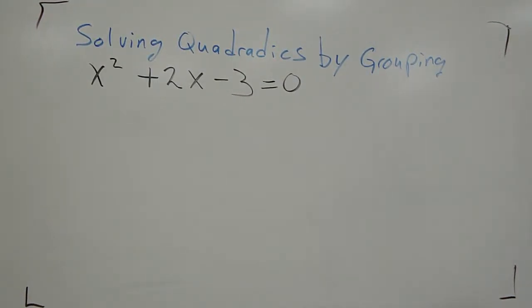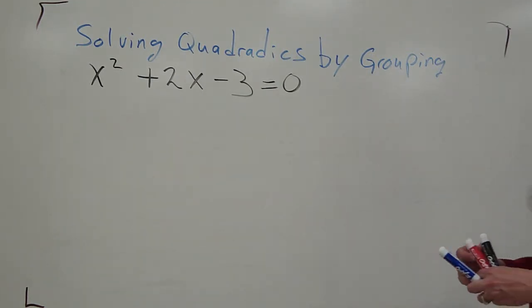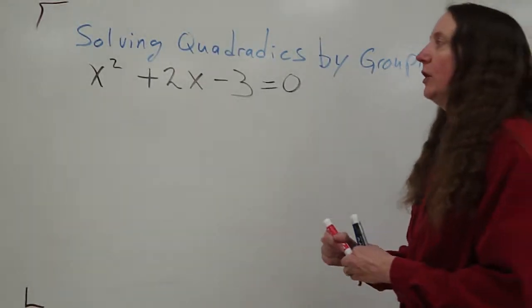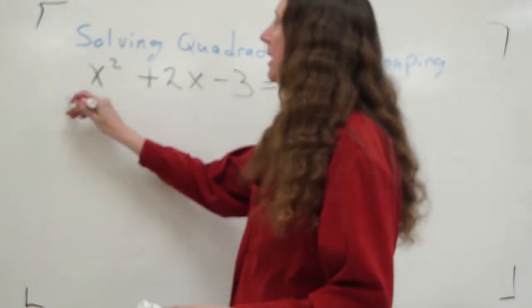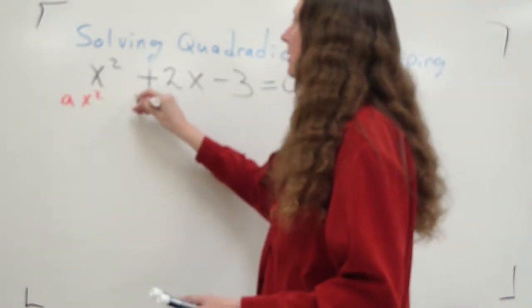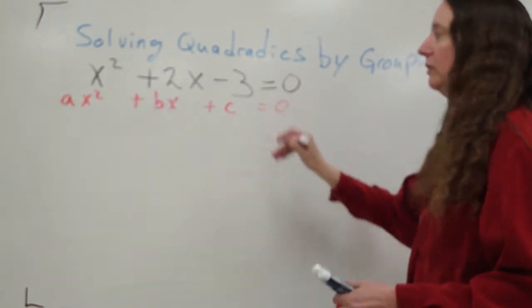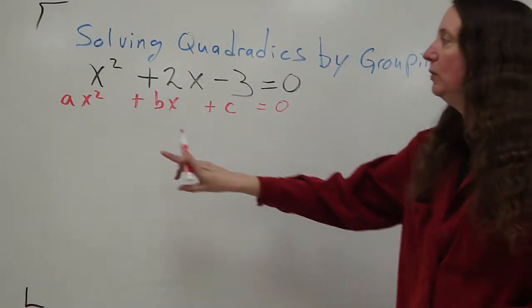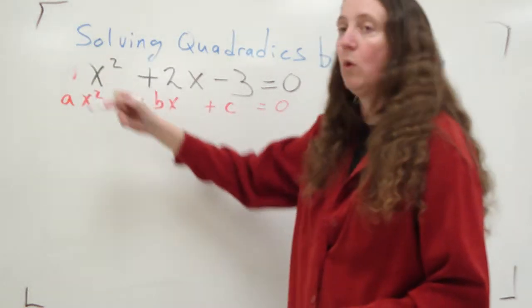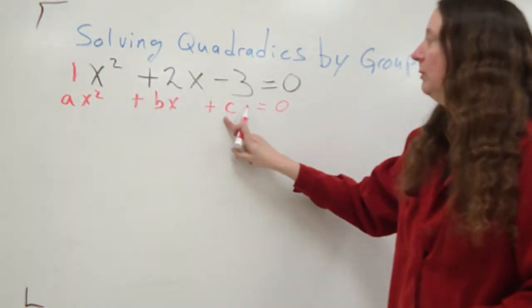Solving quadratics by grouping. x squared plus 2x minus 3 equals 0. First thing I do is make sure that this is set up as ax squared plus bx plus c equals 0. Next thing I do is I take my a term, 1 in this case, times my c term,